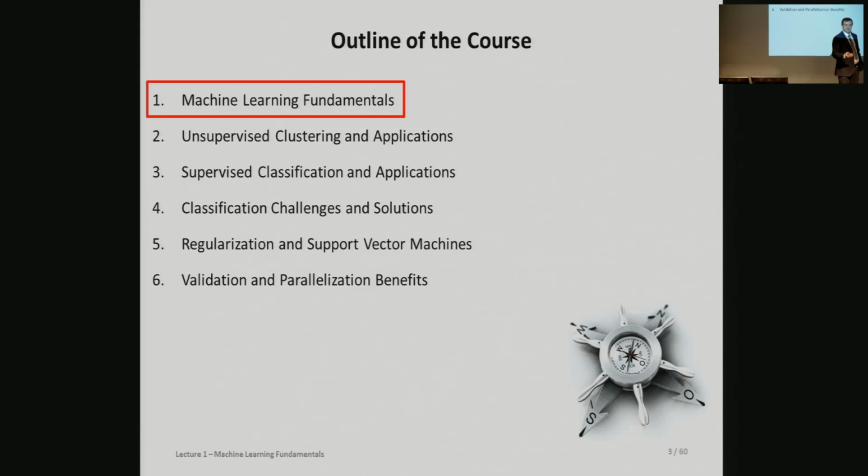Also, all the data is open source. It's available to you after the tutorial, so you can play around with it, including all the source codes. So all the parallel tools we will see, and libsvm is a tool that we will learn about here, which is a serial support vector machine. It's also free, open source, so you can play around with it. And in fact, libsvm is integrated in R and MATLAB everywhere. It's a de facto standard.